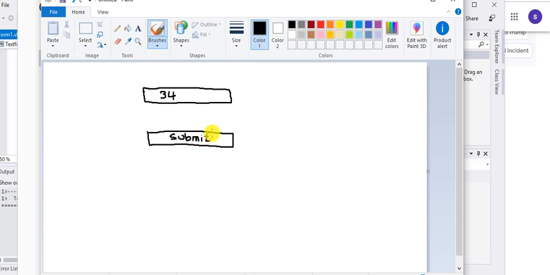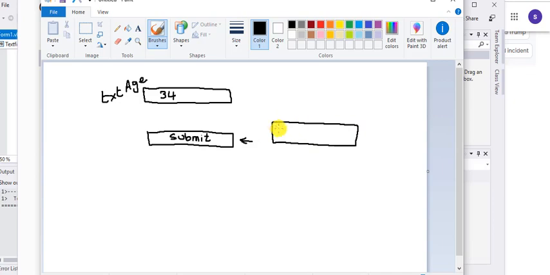Submit button. We'll call this text field, let's say, text age, for example. We'll call that, and when the user clicks this button, we will have a message box